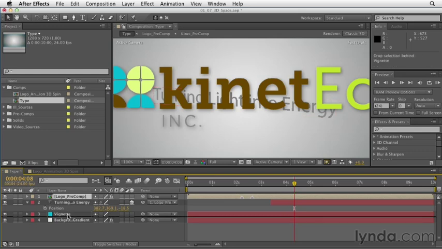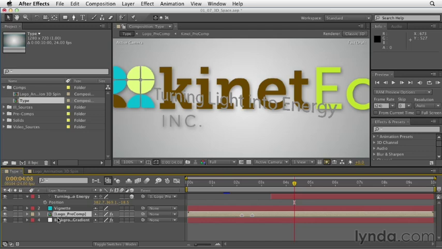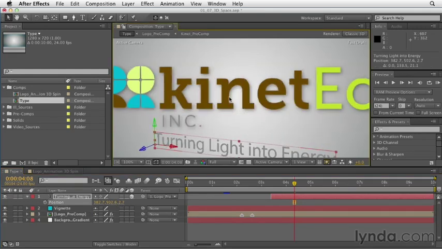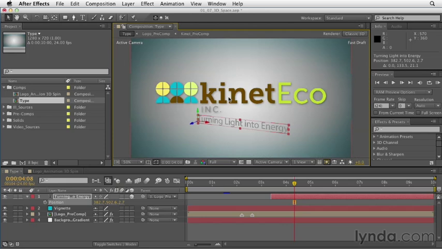Now let's go ahead and bring our logo comp back down into the scene at the layer 3 position. Okay, now select the type and let's move it back down into the scene. And I'm just going to scroll out on my mouse with the scroll wheel so we can see the entire scene. It's kind of confusing when you're mixing 3D and 2D layers when you're only looking at the scene from one view. Now, I'm not going to dive really deeply into this, but I do want you to understand that